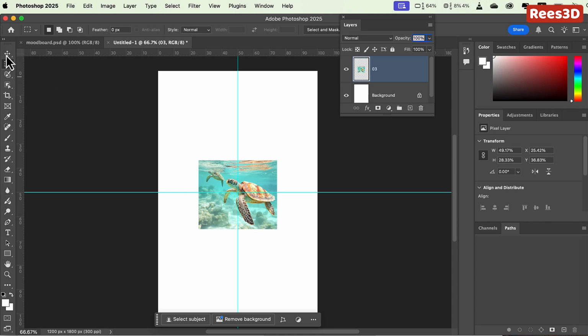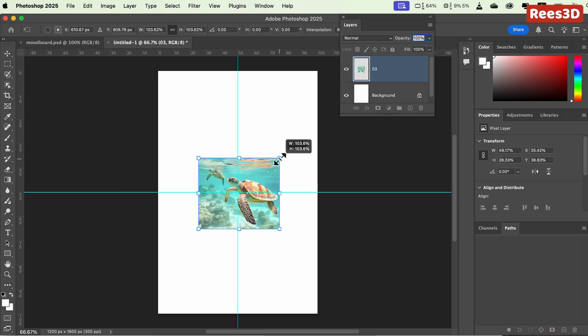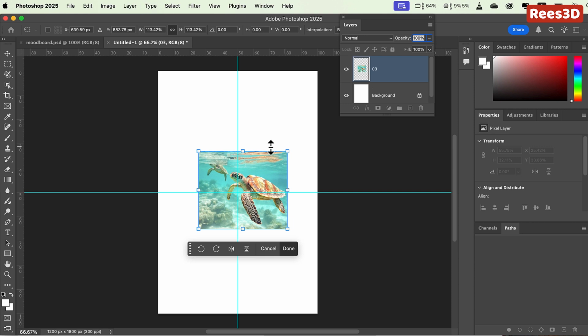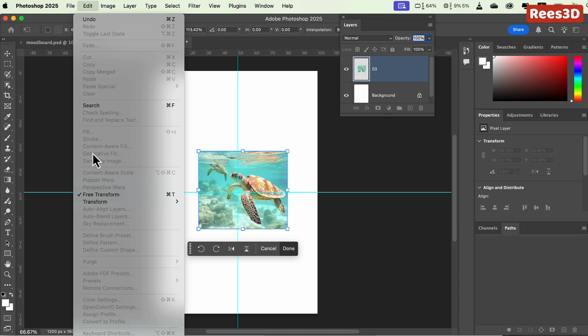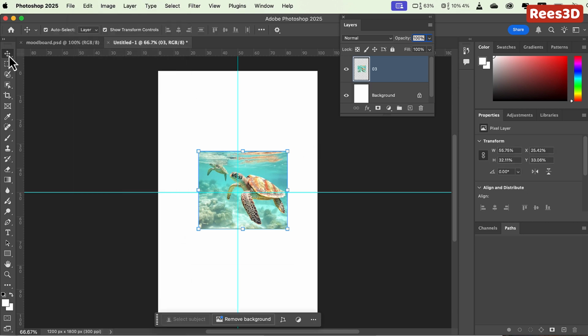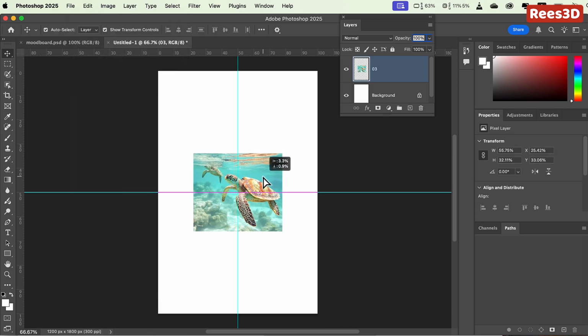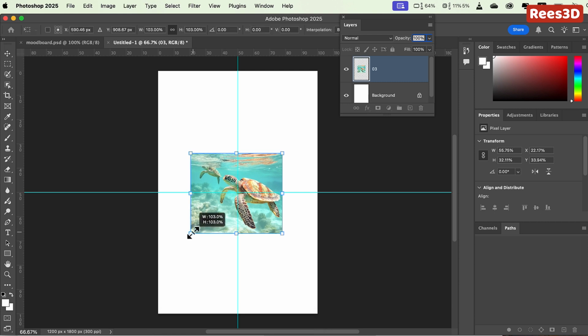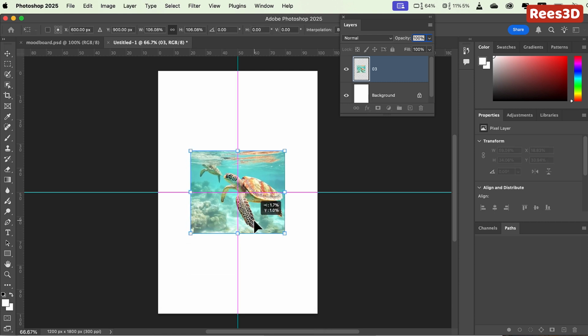Let's see, I'll select the selection tool here, and I can just make this bigger. Now if this control box is not showing for you, you can also go to Edit and choose Free Transform. In this version, the latest version of Photoshop, free transform is automatically applied when you select this. If it is not, you can do that manually as well. So I'm going to make this a bit bigger, put them over here, and I'll have these